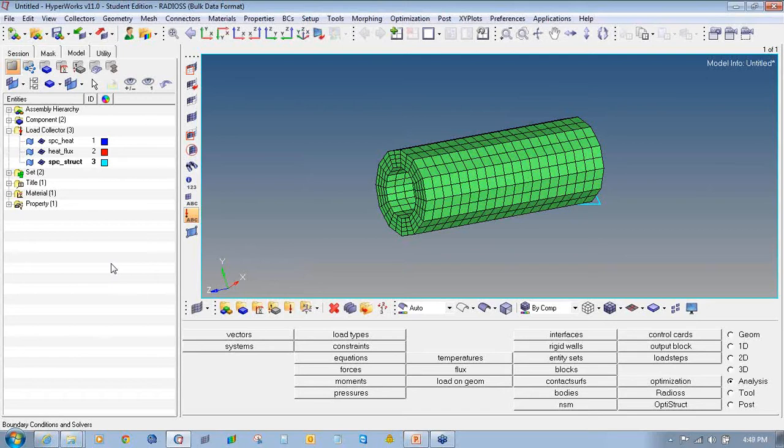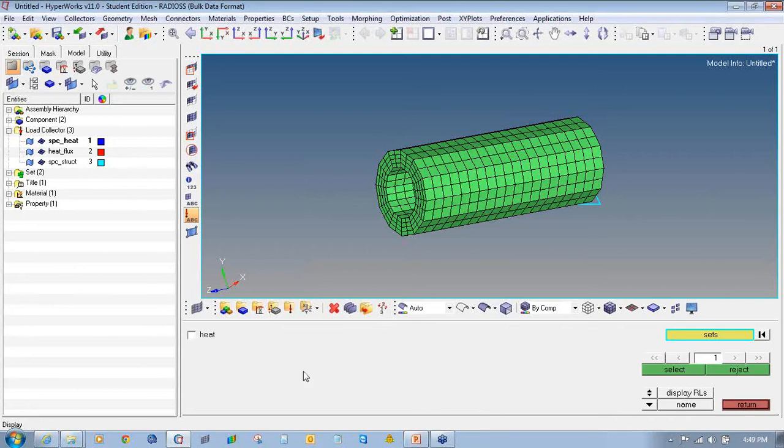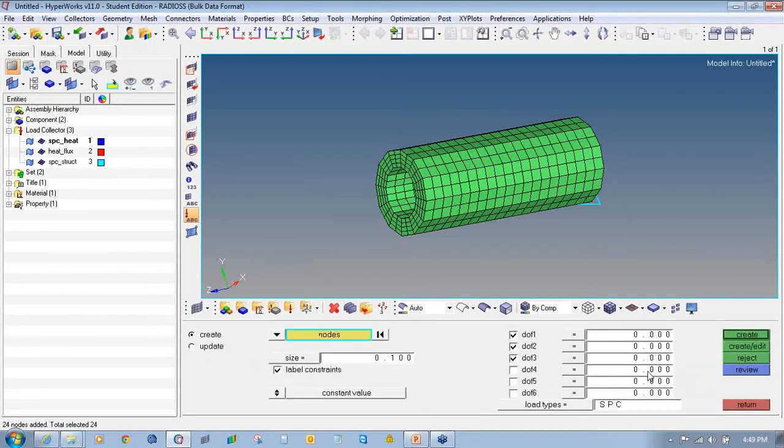So we will first make the SPC heat the current. We'll go to analysis, constraint to apply the SPC heat. We'll select nodes by set and select the heat one.